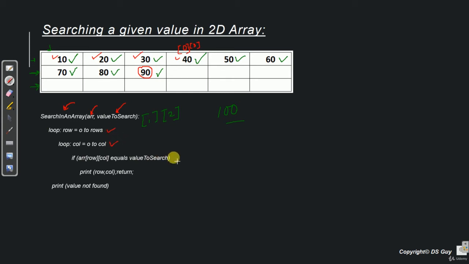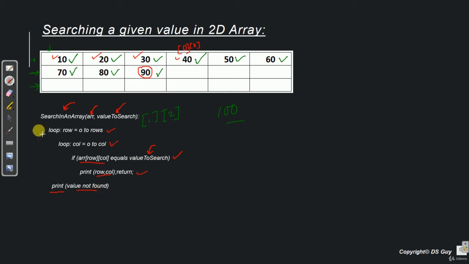And then it starts visiting each and every cell, that is ARR row column, and compares it with the value that we are trying to search. If the value is found, then we print that row number and column and we return the method. Else, if we have visited all the cells in the array and the value is not found, in that case the control goes to this print statement which says value not found.